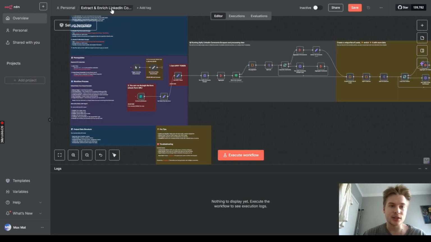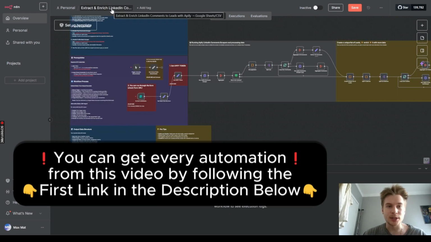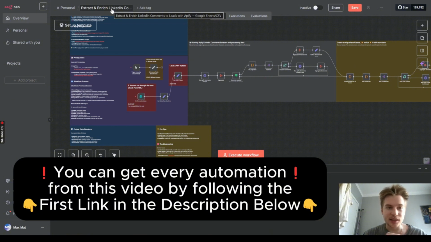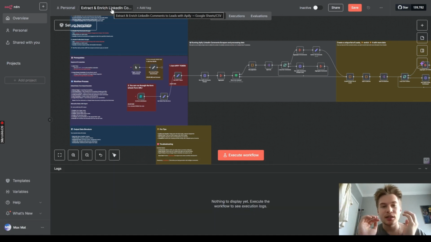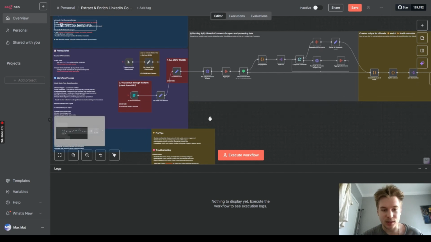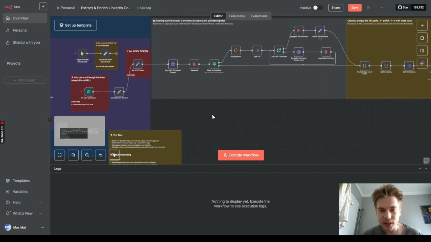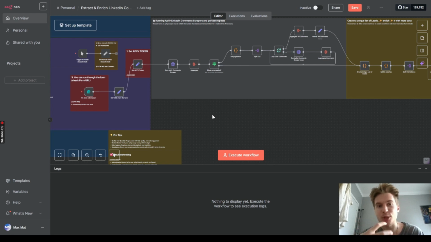So you have the second automation in today's list, and it is enriching LinkedIn comments to leads using Apify. And here what we do is that we run the Apify comment scraper in order to get the most recent and most relevant comments under the post of our lead, and then we